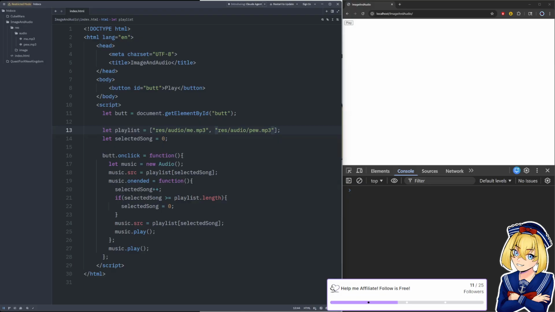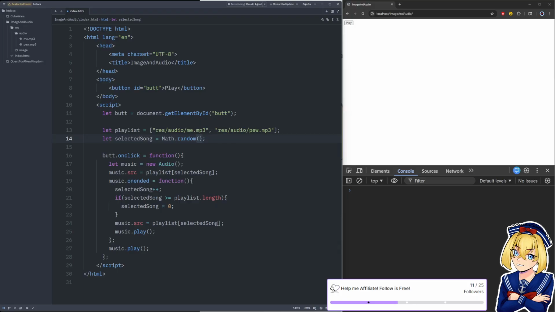is we're going to generate a random number. So we're going to say the selected song is math.random. This is a good thing I can show you too, because this will show you how to randomize numbers. So we have math.random. That's going to give you some decimal point between 0 and 1. So it's going to be either 0 or anything up to the number 1.